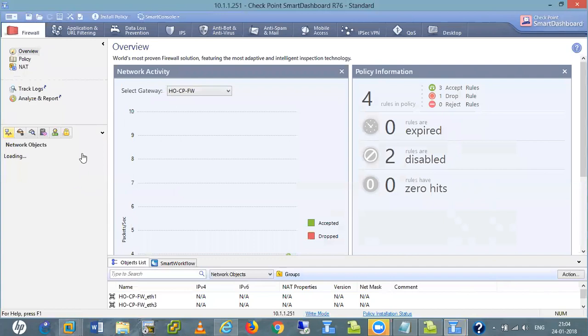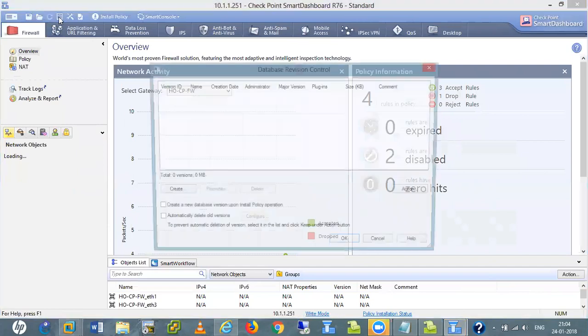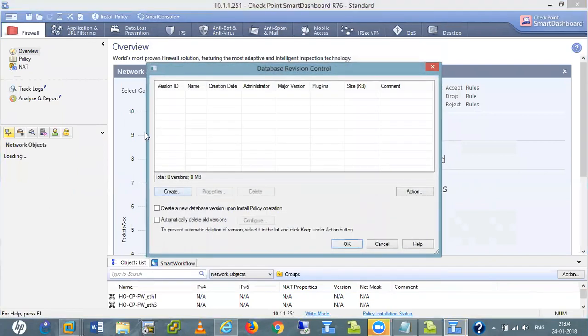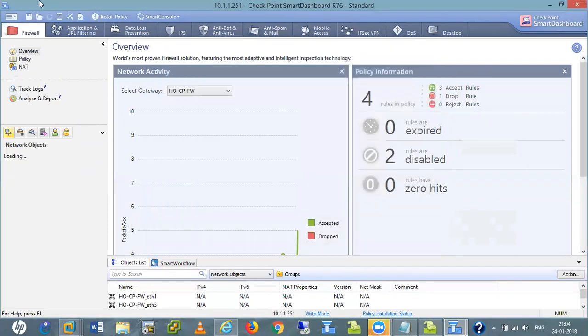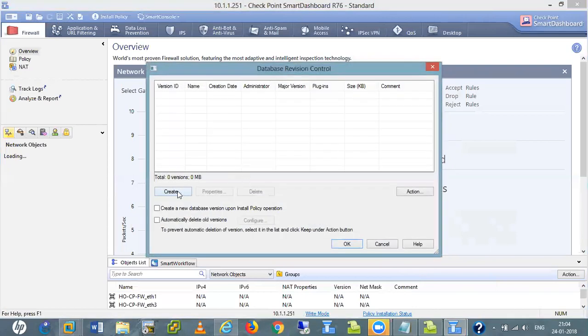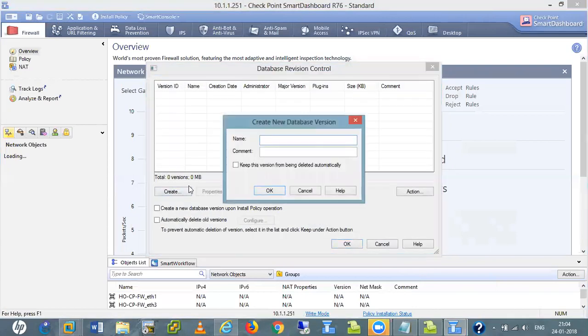We have that option somewhere. See this one, database revision control. Here we go into database revision control and we create the backup.